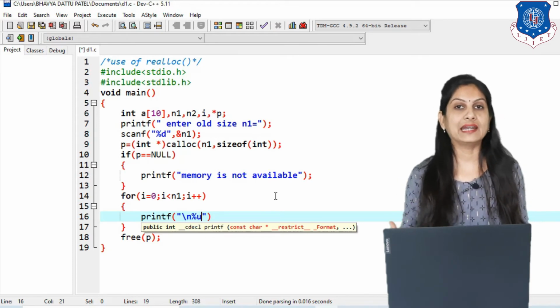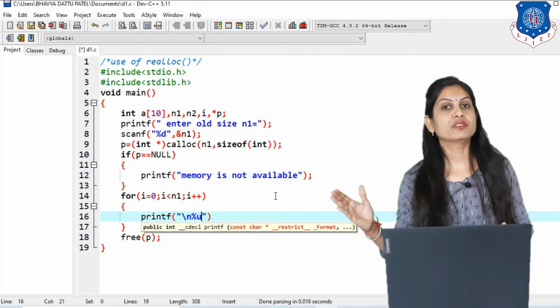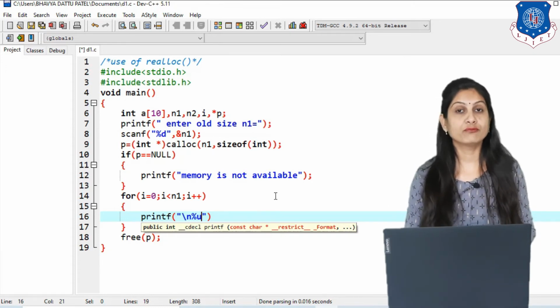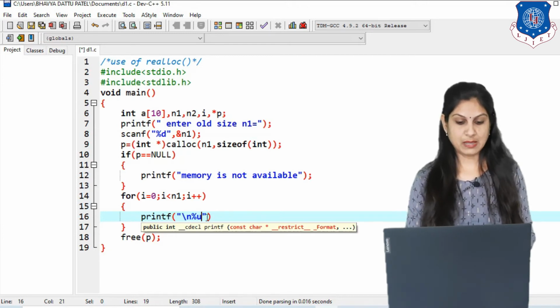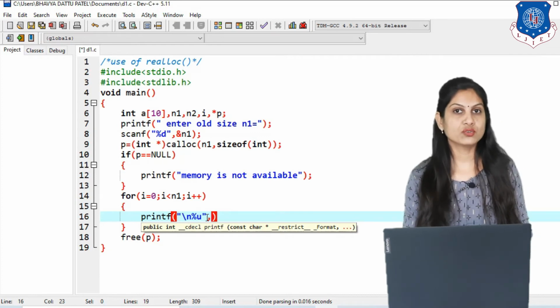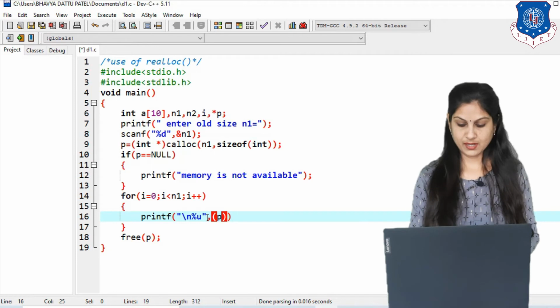Because all the addresses are in the form of 0 to 65535, means all the data are positive, there is no negative value. So the control string for finding the address is %u, that you have to remember, and then comma. Now which address do you want to print? For that we are using the pointer p plus I.